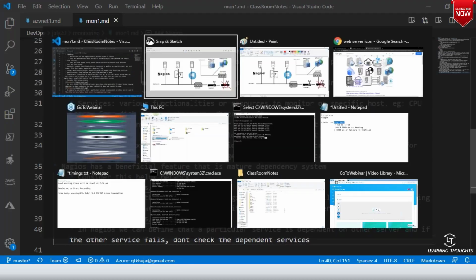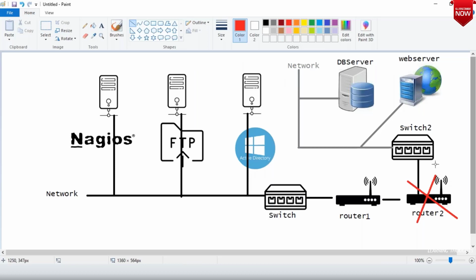So if the router is down, you can tell that my web server checks, my DB server checks, and my switch checks are dependent on my router check. If the router check has failed, don't try to test all of them. We know that they will not work. Okay, so am I clear on this? So we can basically do this.